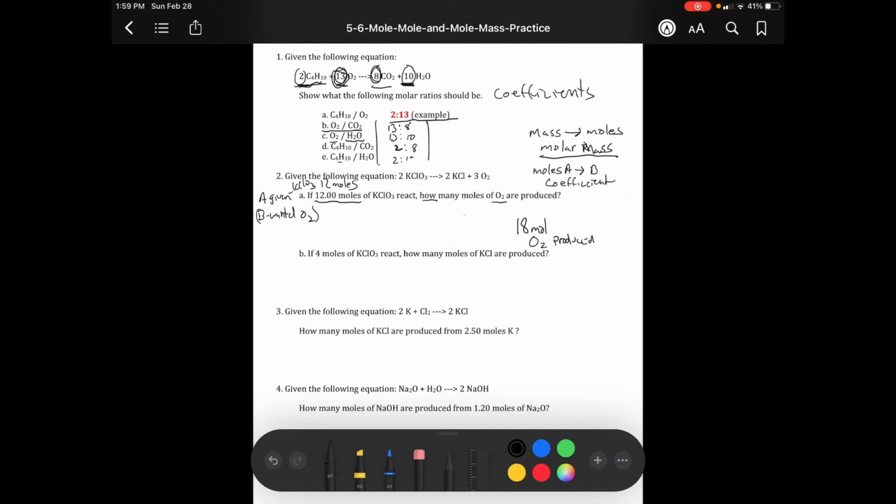So that's what we did. We used our coefficients, and that was all it wanted: moles B. How many moles? So let's set it up again. It'll be set up like this. You got 12.00 moles